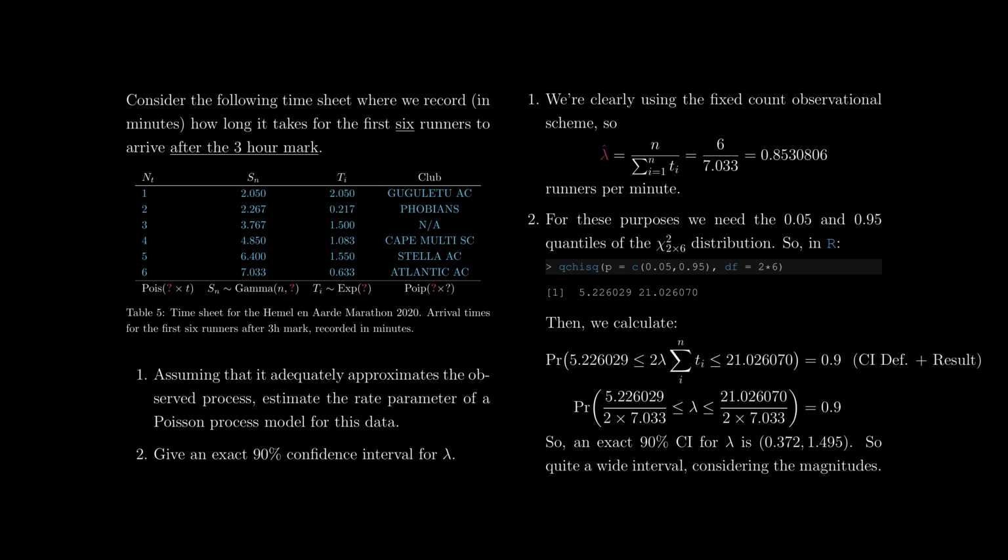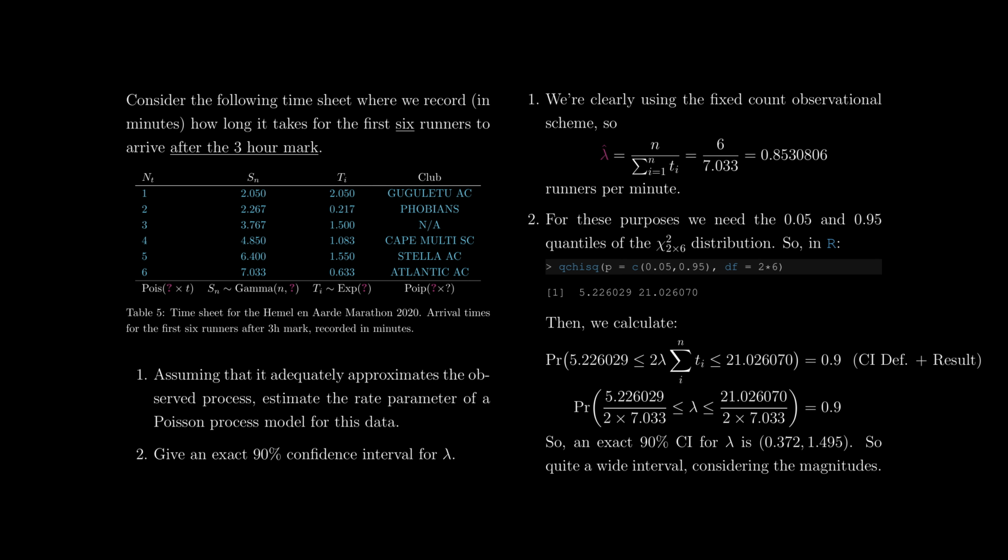Cool. Now we go back to our expression, and that means we take the probability that 2 lambda times the sum over all of the ti's falls between 5.22 and 21.03, and set that equal to 0.9. Now we can manipulate that expression to make a statement about lambda. When we take the 2 and the sum over ti's, take it over to the other side and divide by that, that gives us our confidence limits. And indeed, we see that an exact 90% confidence interval for lambda, the true parameter, is 0.372 to